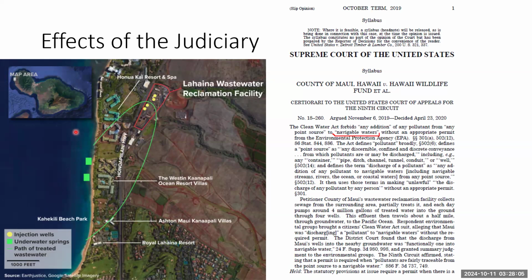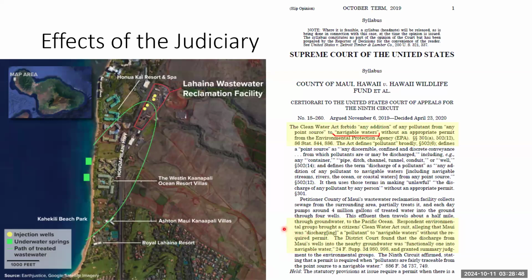So what the main question was in this case, this is the main bit that they start with. They talk about any addition of any pollutant from any point source. So they're saying that this wastewater treatment facility is our point source. And we're saying any addition of pollutant without a permit, right? This wastewater treatment plant does not have a permit to dump their waste into the ocean. They're supposed to treat the waste and keep it there. And we are now reviewing this point source and its pollution in the context of navigable waters